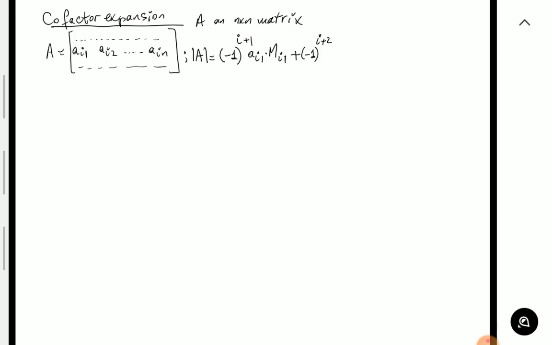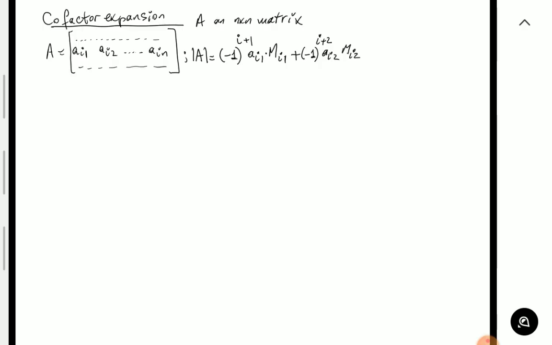So each of these elements in the sum, in the cofactor expansion, again are formed by three things: the signature component, -1 to the row plus column, the element itself in the matrix, so here comes now AI2, and then the minor corresponding to that element,